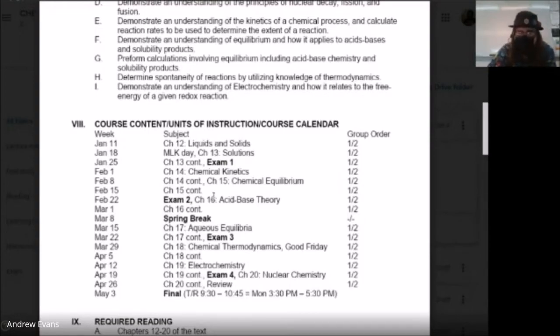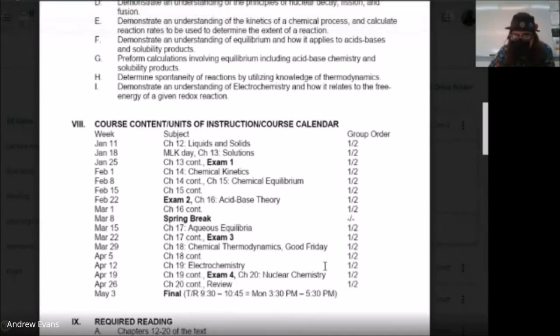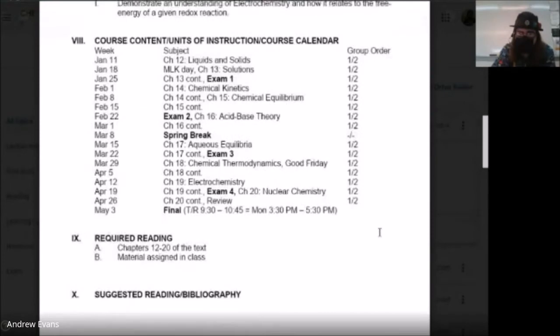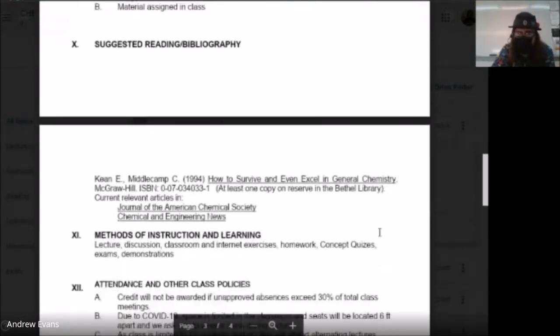But this is the proposed schedule. We're going to try to keep to this as best we can, but it's just the proposed. So the final, there's stuff. Let's see. The big thing here,